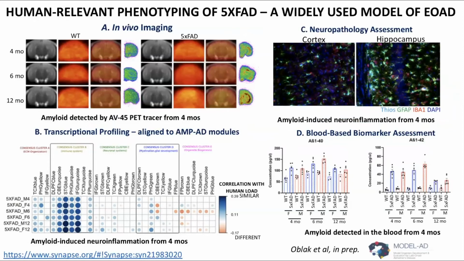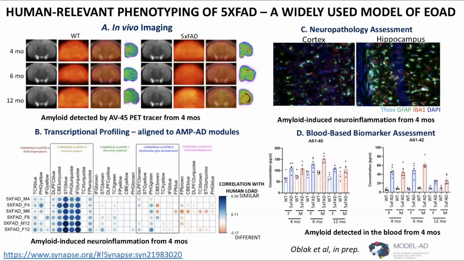And we chose a number of them, but here I'm highlighting data generated on the 5X FAD model on the B6J background. And so you can see here that we performed in vivo imaging using an amyloid PET tracer. And you can see that amyloid is detected as early as 4 months. Easiest to see here in these cartoons at the end, where you can see the red is amyloid that's depositing. So this is a very aggressive amyloid producer and has been widely used to look at, for instance, amyloid-induced microglial activation. It gets things like astrocyte and microglia activation in both the cortex and the hippocampus, as I said, induced